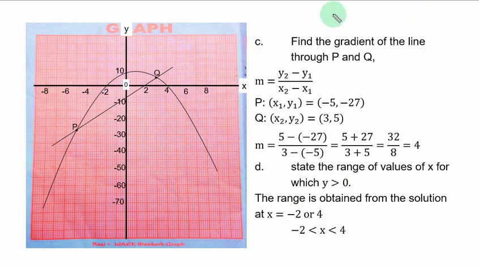C part of the question, you should find the gradient of the line through point P and Q. This is the gradient formula. So let's take P as the first coordinate with the point S1, Y1. So this is point P. So you trace point P to the S axis to get S1. That is -5. -4, -6. The middle is -5. Then you trace the same point to meet the Y axis, and the point is